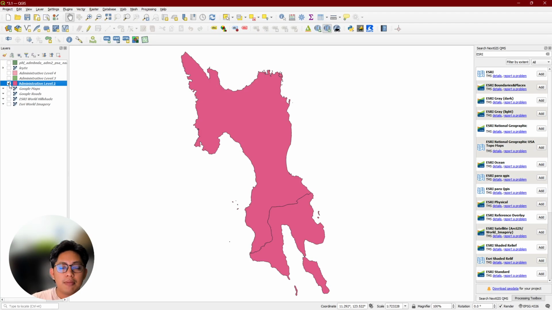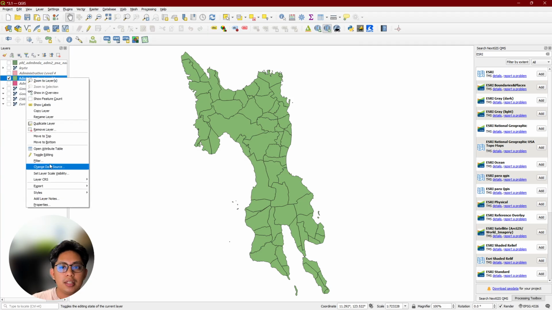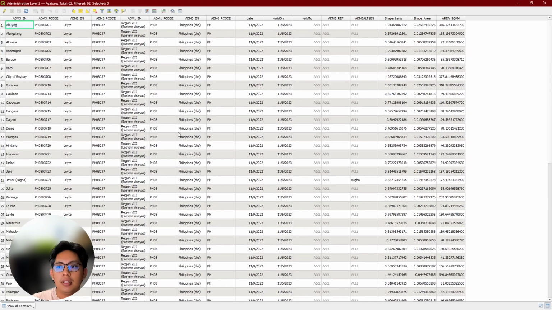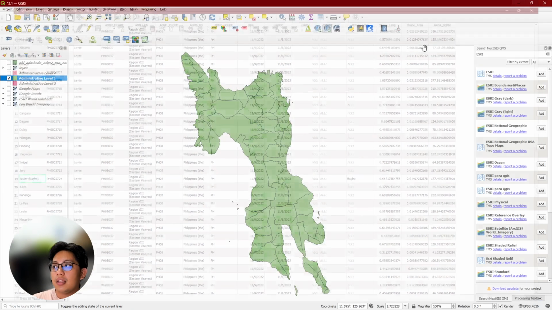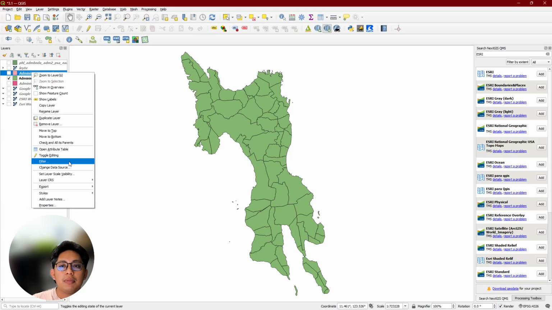You can do the same for admin level 3, open attribute table, and you'll see the different barangay names, municipality names. So, City of Baybay, Bato, Barunggo, Bambatnon, Haro, Javier, everything. And up to your area. Same goes for admin level 4.